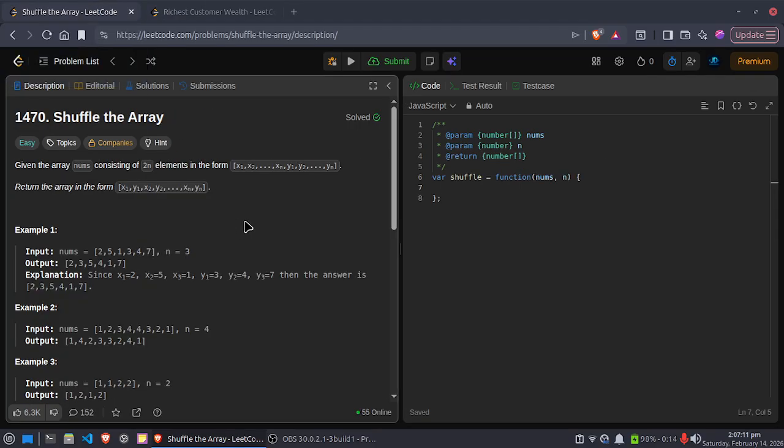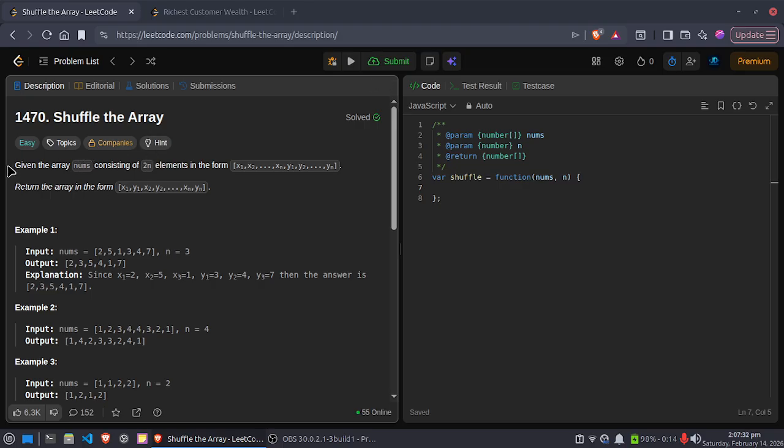These problems may look simple, but they help you build strong fundamentals in array traversal, nested loops, and pattern recognition, which are extremely important in data structures and algorithms. So don't just watch, try to solve them along with me. So let's start. The first one is the